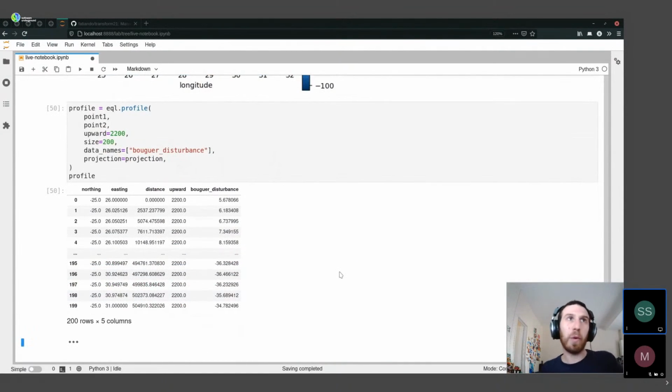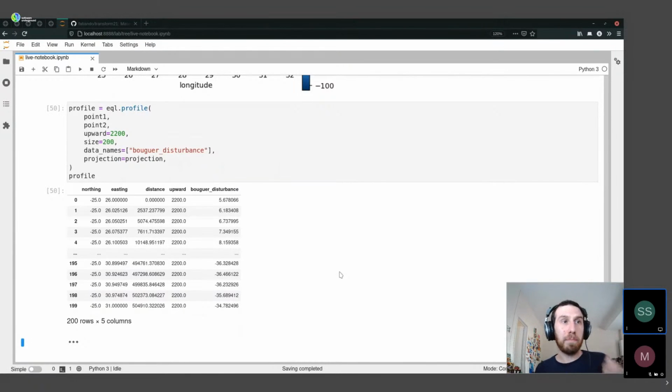Okay, that was very quick. As you can see, the profile computations are quick. Okay, the most demanding portion is fitting the equivalent layer. So that's why once I fit an equivalent layer, I want to use it for every task that I can use it for. So the profile has